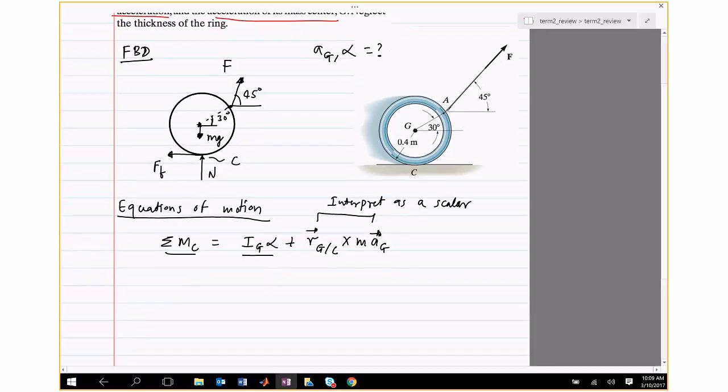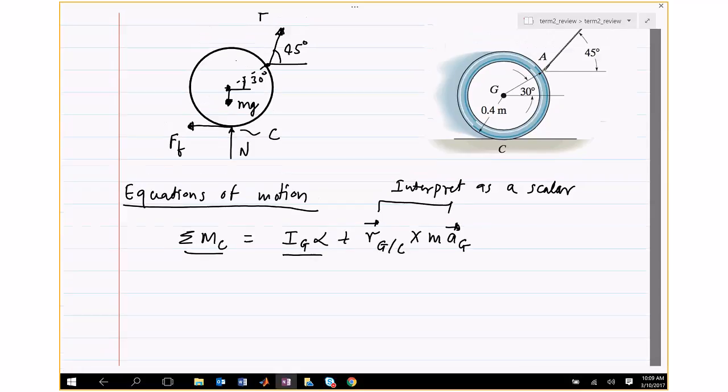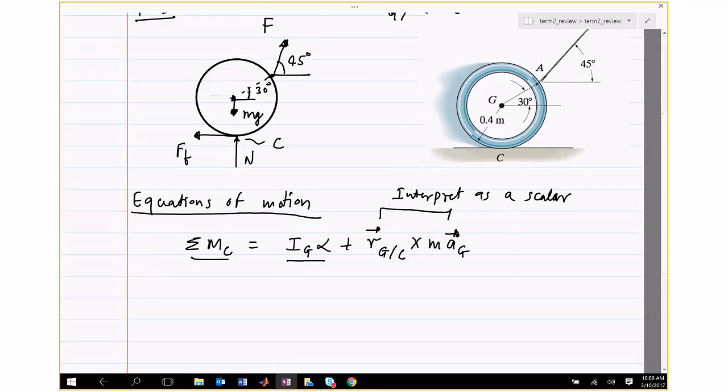Okay, so let's start expanding this equation out. So the moment about C: N, Ff, and mg also pass through C, so those three forces will not come into the moment equilibrium. The only force which will come is capital F, which is given to us. So F